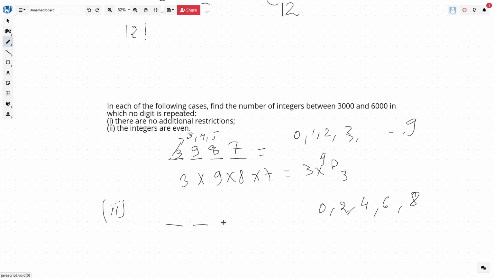So we again build the blocks and try to use the multiplication principle here. Now this could be even, so the last place can be filled in at most 5 ways. But please note, we have to break this into 2 parts. The first digit could be even or odd. So let's try to break it into 2 cases. So case 1A, where the first digit is 4,